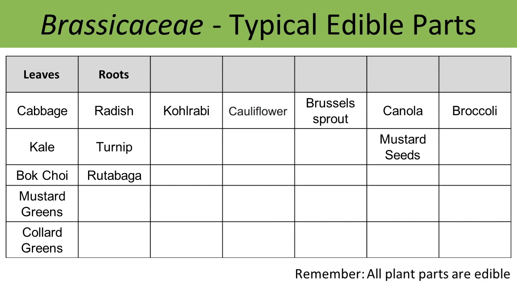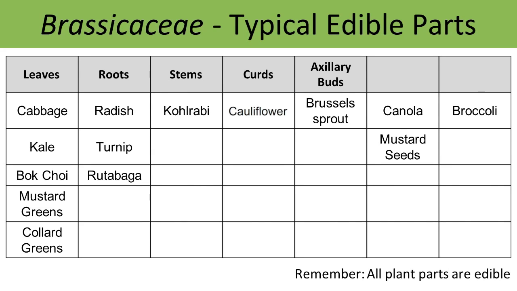When you're eating kohlrabi, it's actually stem tissue, but sometimes people will eat the petioles and the leaves of kohlrabi as well. Cauliflower is very unique and a special mutation all unto itself, and the part that we eat in cauliflower is called a curd, and it's sort of like floral tissue, but not exactly. If you've ever let cauliflower go to flower, you realize that the curd separates and the floral structure comes up between the pieces of the curd. Brussels sprout is an axillary bud, so it's sort of like leaf tissue, but not exactly. It is a bud that occurs in the axils of the